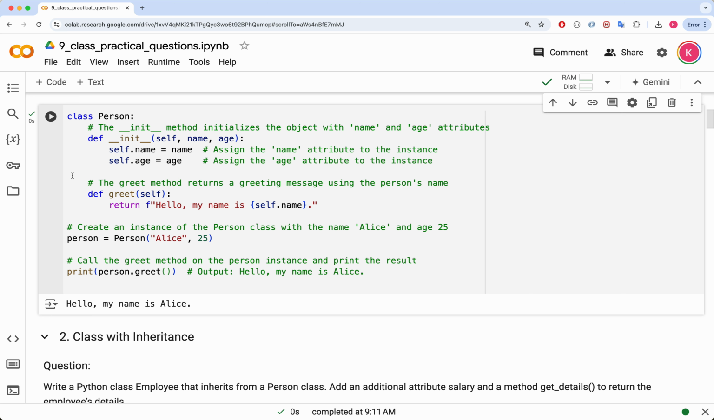The class begins with the __init__ method, which is a special method that acts as a constructor. It automatically gets called whenever a new object or instance of the class is created. In this method, the parameters name and age are passed in when creating a Person object, and these values are assigned to the instance variables self.name and self.age. The keyword self refers to the current instance of the class, allowing each object to store its own unique data